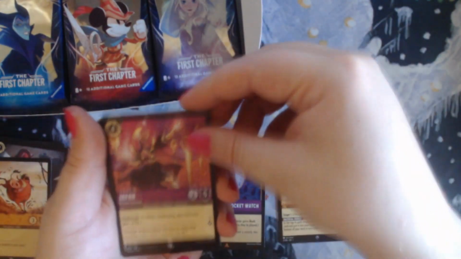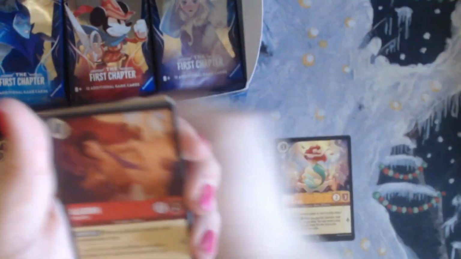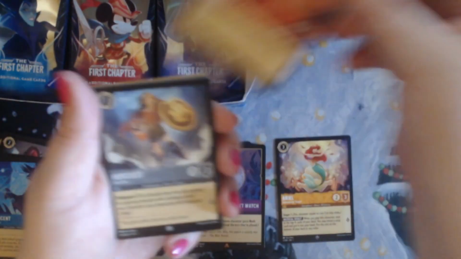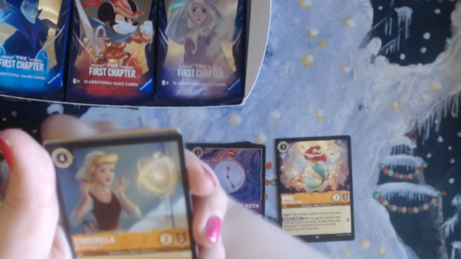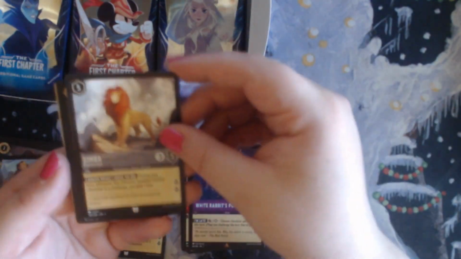Commons: Pumbaa, Jafar Wicked Sorcerer, Duke of Weaselton, Maleficent, Aladdin, Hercules, Cinderella is the first uncommon, Simba,